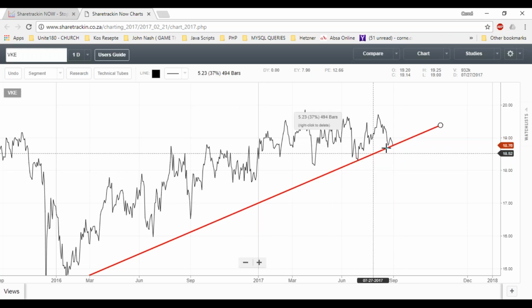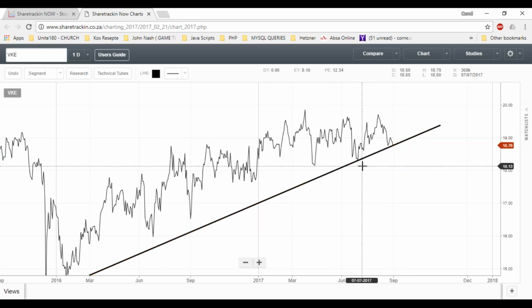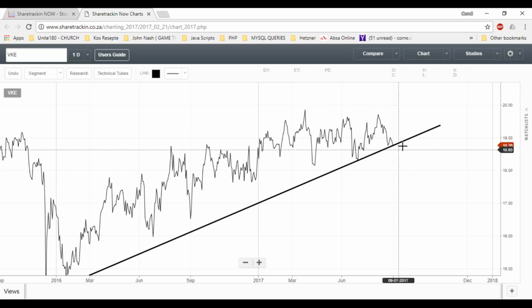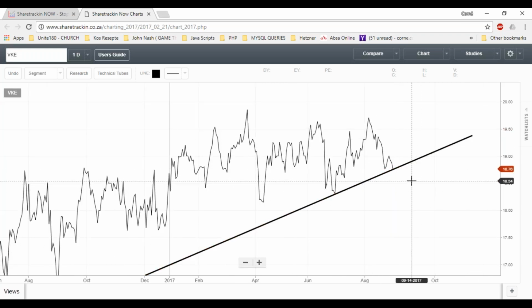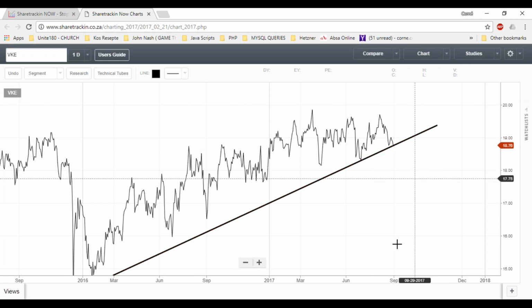clearly see it's bouncing. Oh, it's touching this. It's not bouncing, my apologies. It's touching this underlying support level. If you decide you want to buy it, you can then implement your 6% stop loss if you want to be conservative. Now, this is why it's so great to use it, because now you can say the share is